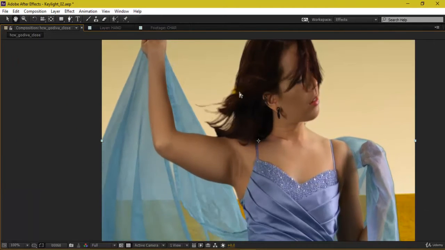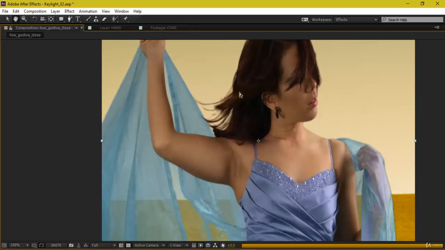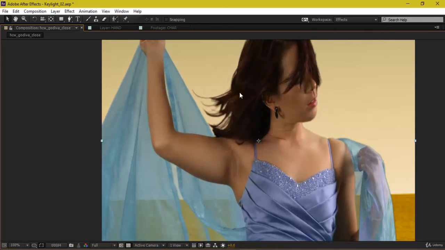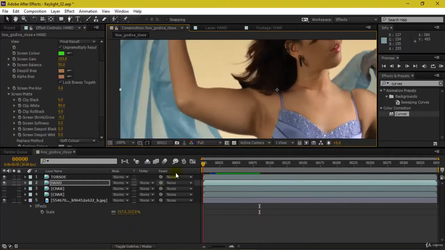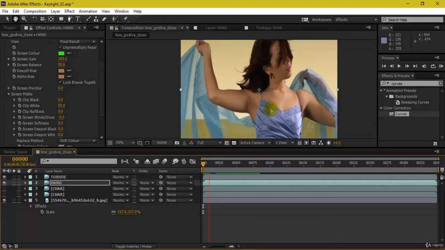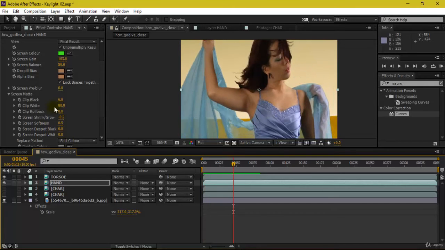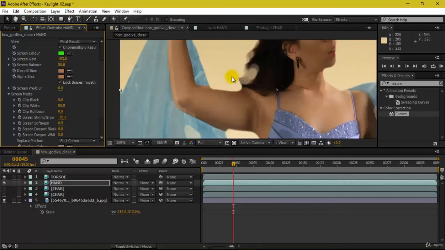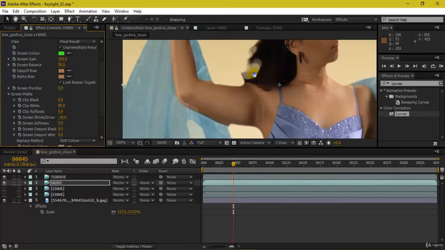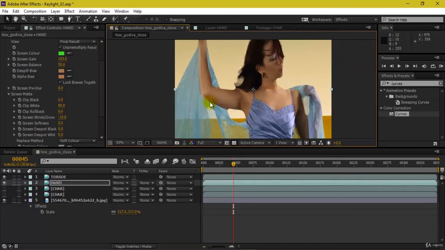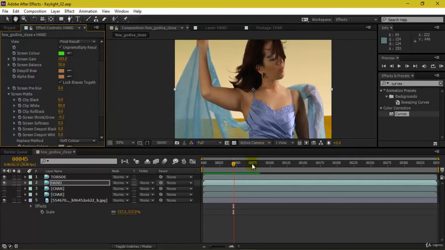That's totally fine, but you have to make sure that you are not overdoing the amount, taking it on a very high side so that the main character itself gets chopped out. Say for example minus 10. If you can see, minus 10 is not working out because many of the areas are getting chopped away, and these details are not being maintained. So let us make this minus 2, and this looks fine.